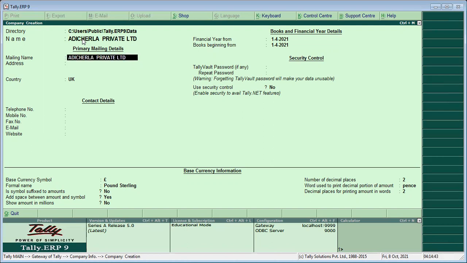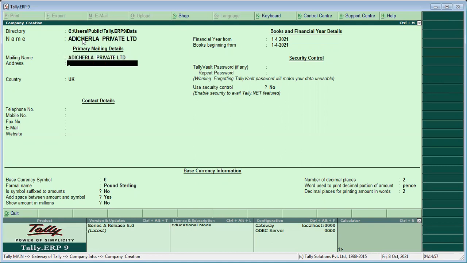Mailing name. For example, the same name, Adicherla Private Limited Company, may be the mailing name. If anybody mails any letters, you are going to receive them under the same name in the mailing name.